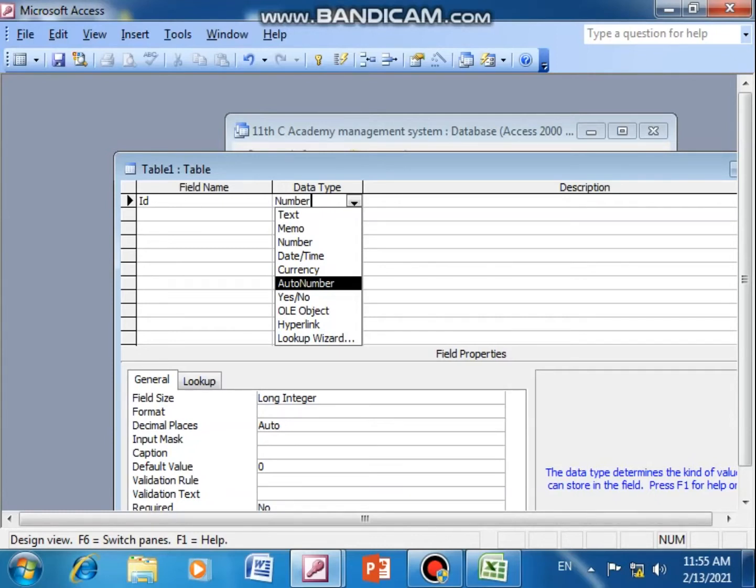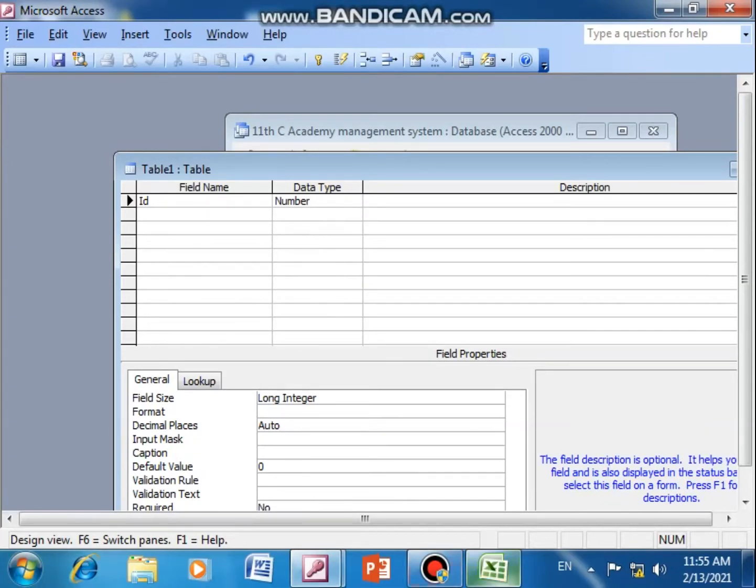So here in practical life we should not take number in ID, but we should take auto number. So every time we don't have to remember that this boy's number was so and so, so next admission I have to give this number. No, it should be auto number. In our example we are taking number, but that is the thing. Then yes, no, yes or no. For example, in attendance table, in the present field we can take yes or no. Then OLE object, you can insert any image. For example, student's photograph you can insert in the table. Then hyperlink is email ID, is website address that you can take. So these many data types are there from which I take number.